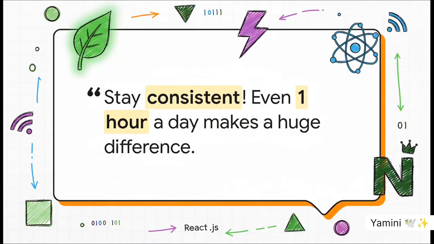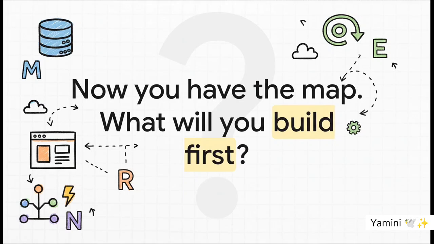Consistency is so much more important than intensity. Even if you can only find 1 hour a day to code, that consistent effort will compound over time and make an absolutely massive difference in your progress. So there you have it. That's the complete roadmap to becoming a full-stack MERN developer. You've got the map, you know the steps. The only question left is, what